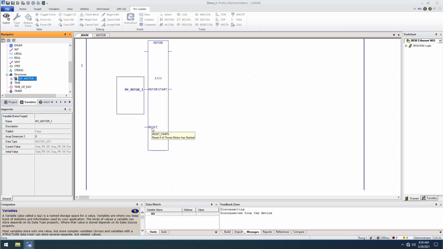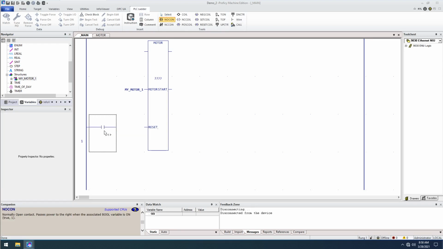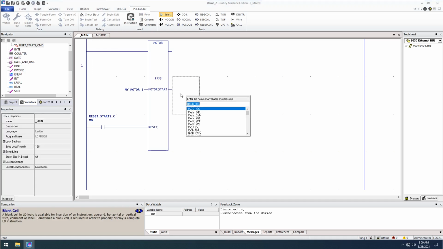Now, if you recall, we also have a reset starts input parameter, which is basically going to tell the motor, do I want to reset the ongoing count for the number of times the motor has started. So we'll call this reset_starts_command. And I'm going to just wire up the top. And on the output side, this is again tracking the starts. This is the output of the function block. We'll call this motor_1_num